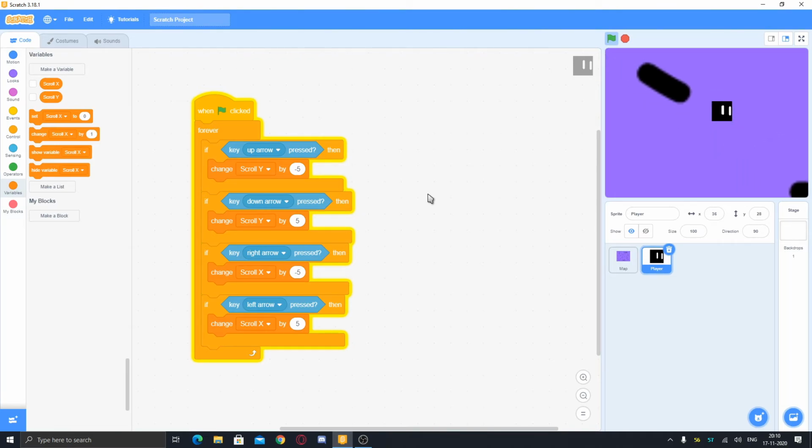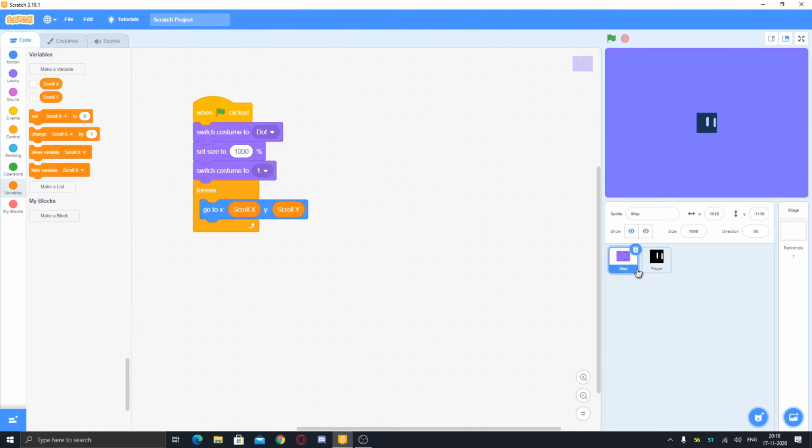I am just using the keys to move. Here you can see we can move with a whole sprite or whole stage. One thing you can notice here is the player's position seems to be moving, but in the x and y coordinates, it is just in the initial position as it is just changing the variables. The changing position is of the map.